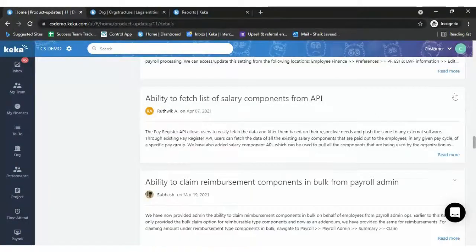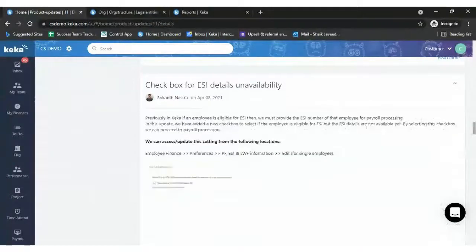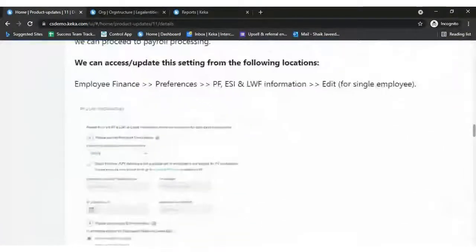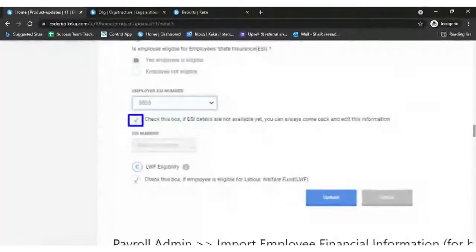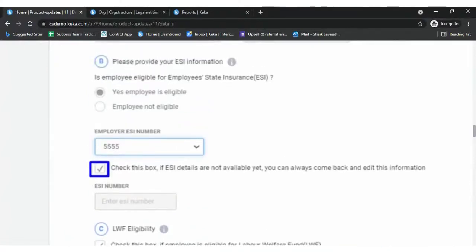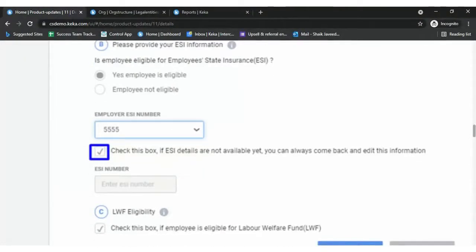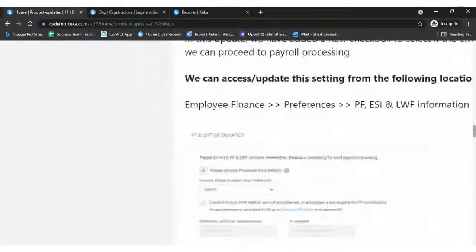Okay, so we are providing that API details. Let's assume for any of the employees, if you don't have any ESI information, earlier you were unable to uncheck that box. Now we have provided the box: check this if ESI details are not available. Earlier we used to give only whether ESI is eligible or not, so we did not have the option of checking if ESI details are not available. Now you can check the box if ESI details are not yet available for